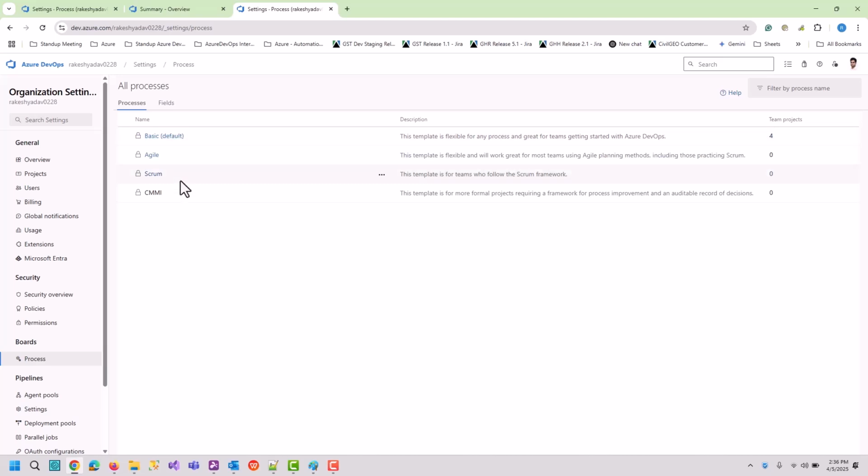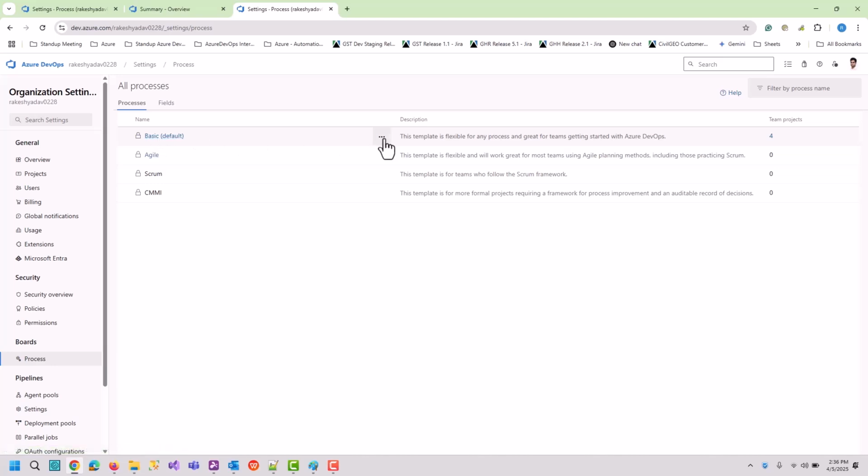Here you can see all the previously defined processes: Agile, Scrum, CMMI, and Basic. So we need to create a new customized process. For that, I am customizing the basic process. I can customize any process, Agile, Scrum, or CMMI, but I will be customizing basic because it provides multiple flexibilities. So if you need to customize a process in your current organization, I will suggest you go with the basic.